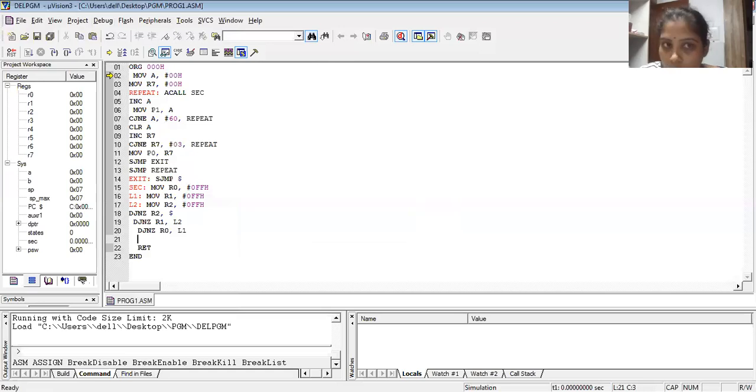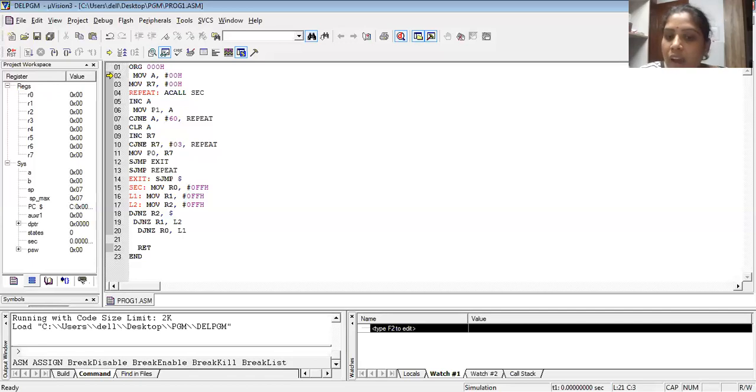To see the output, because we have designed the program for running for 3 minutes, right? To have a count, let us go to the watch window over here. So we have to click here in the watch window. You have to click on watch 1. Can you see there is something called type F2 to edit? You have to just click on that, press F2 button. After pressing F2, it will enable you to edit that. As you can check in your program, we have used two registers. One is the accumulator to count the seconds. Another one is R7 to count the minutes.